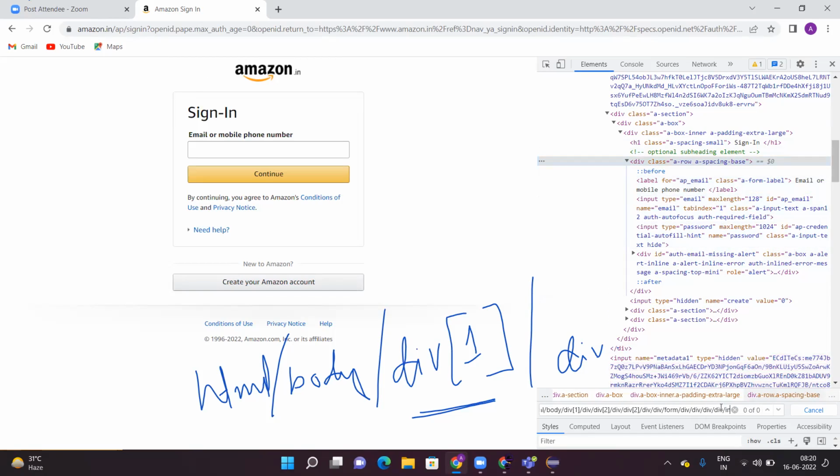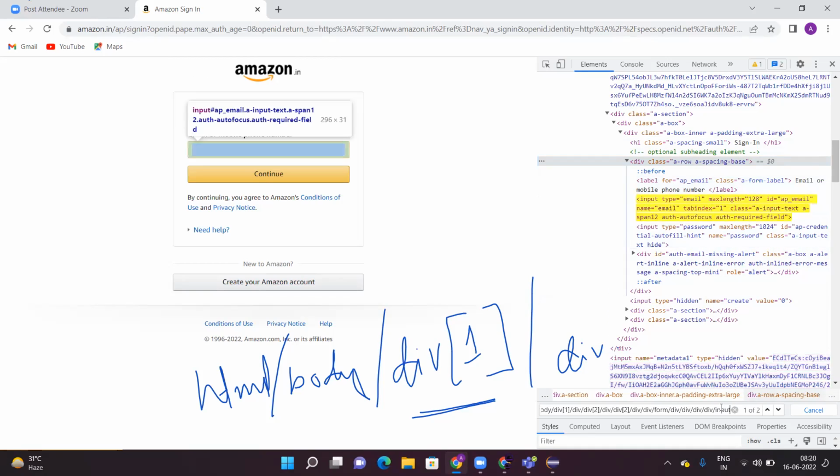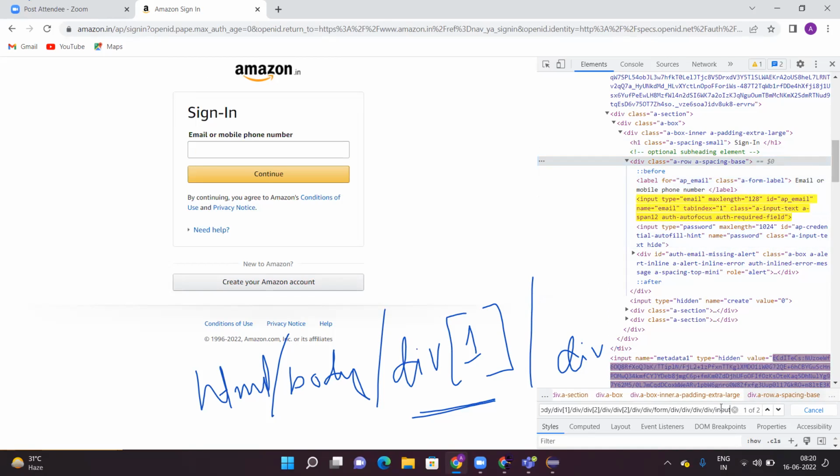So I'll say input. Now it has two inputs, input one and input two. It's saying the XPath is not unique yet. It's saying one of two, right? First one. So always remember, if you don't do anything,